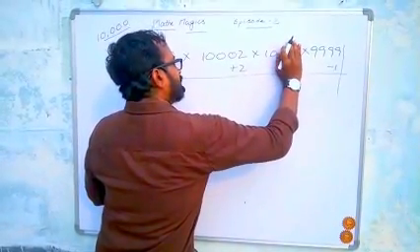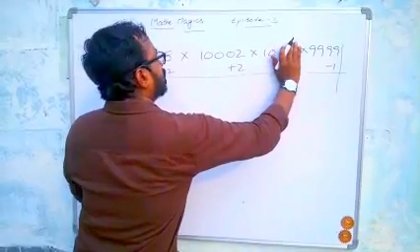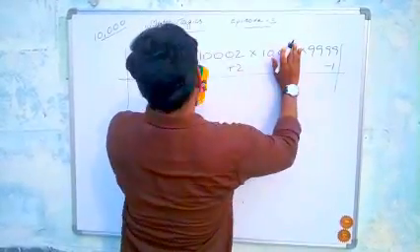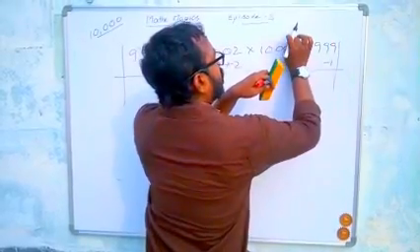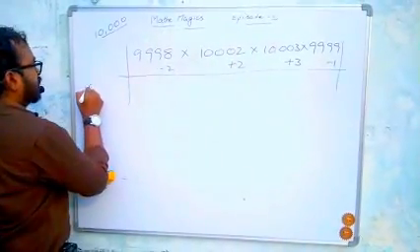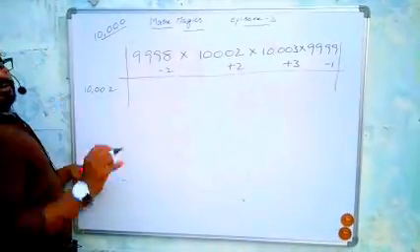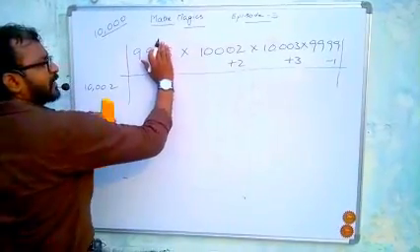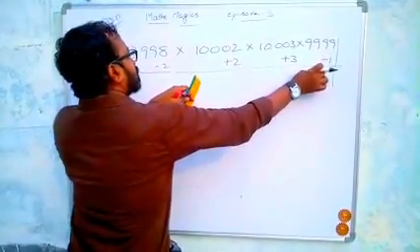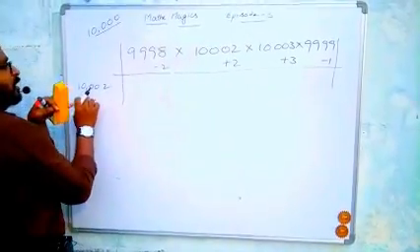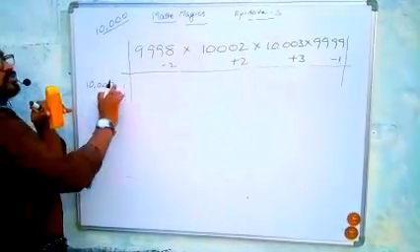So if we close this one, add these three together. Minus 2 plus 2 is 0, and then minus 1. That means add this minus 1 to this. It becomes 10,002. If you close this one, plus 2 plus 3 is plus 5. Plus 5 minus 1 is plus 4. Add this plus 4 to this number, and we will get 10,002. Same answer.